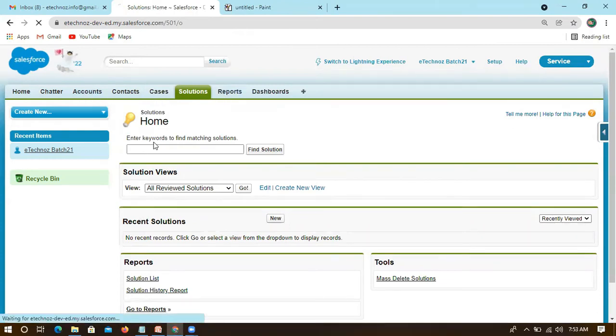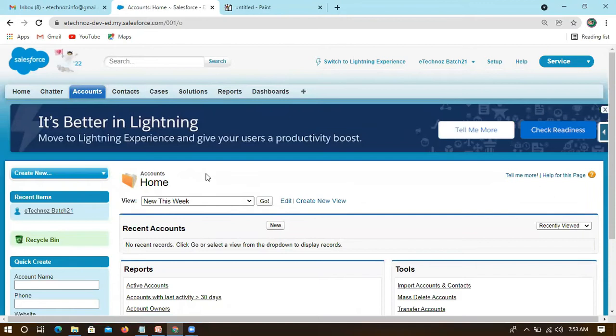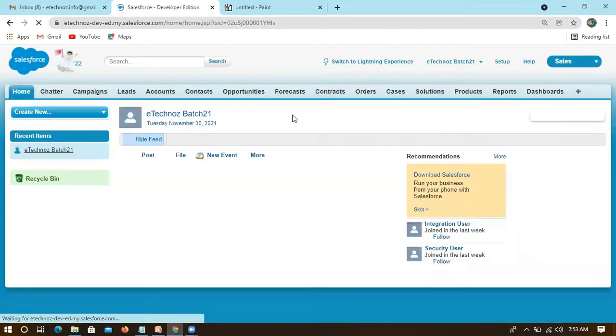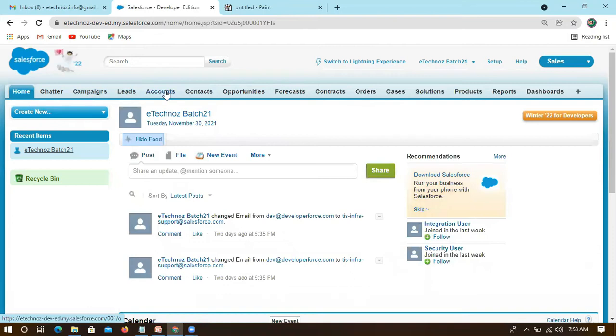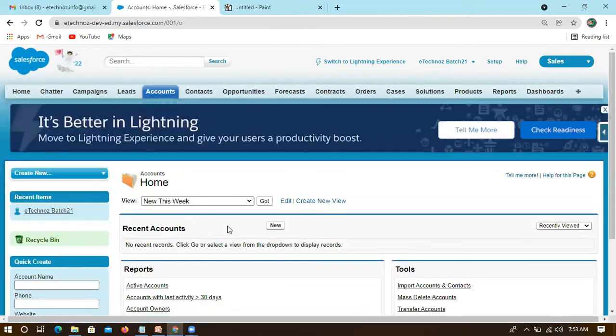And if I click account, account is another S object, a name given to a memory space that is holding accounts information. And again, if I go to sales and click the same accounts, you can see the same accounts that we have seen there. That means it is referenced to a specific account only, and the same tab we are utilizing.